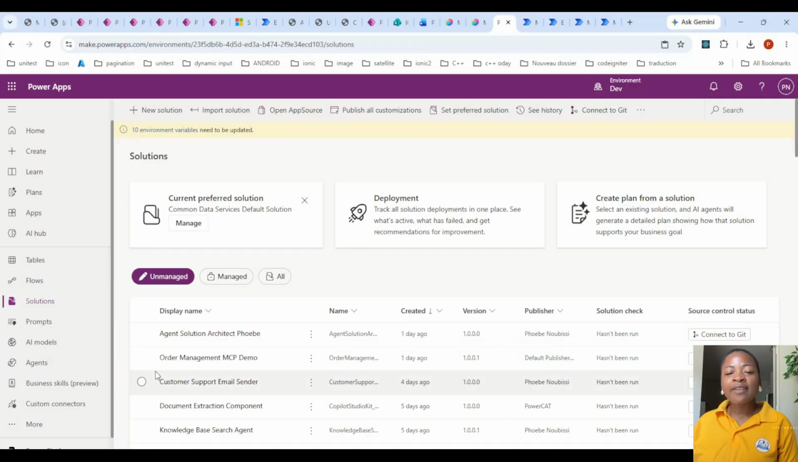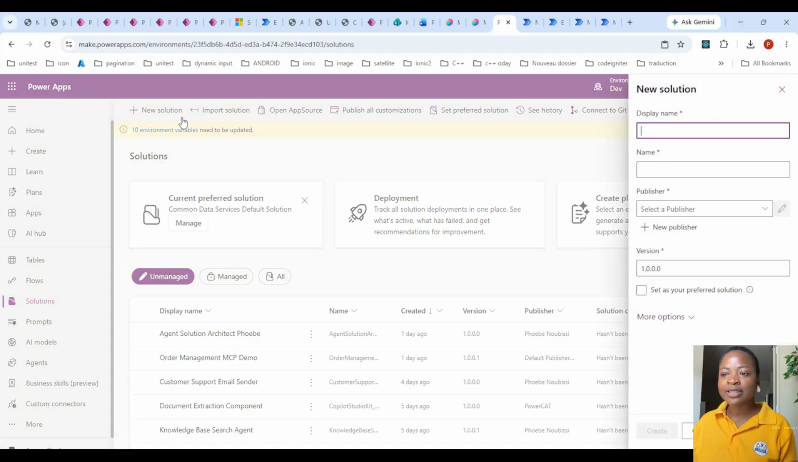So we will have the structure. What we are trying to do is build a structure of connected agents. We can do it using just an agent and some skills, but we want to use the structure of connected agents. So what we will do is create our solution that will contain all of our agents. We'll call it